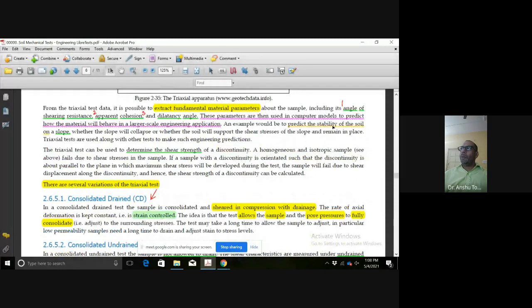An example would be to predict the stability of the soil on a slope. Now this is again, it cannot be static. अगर कोई slope failure होता है, it is possible that, as we can see in rainy season में क्या होता है, most of the time जब बहुत ज्यादा बारिश होती है तो slope failure होता है, या ऐसी कोई other condition other than earthquake develops that we have a slope failure.